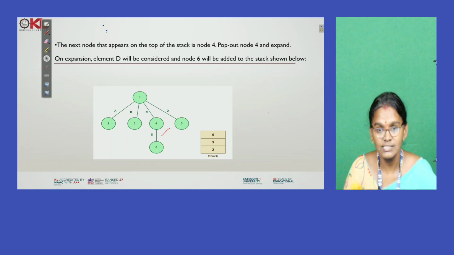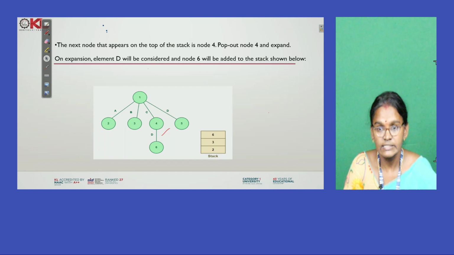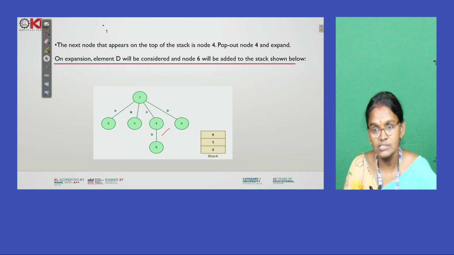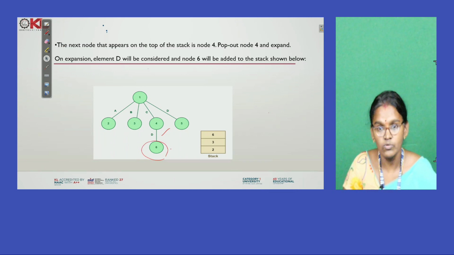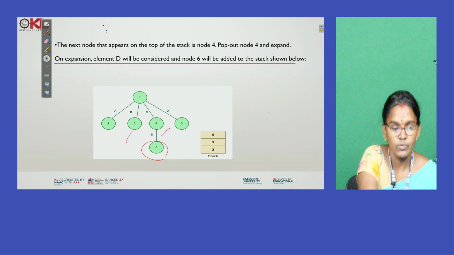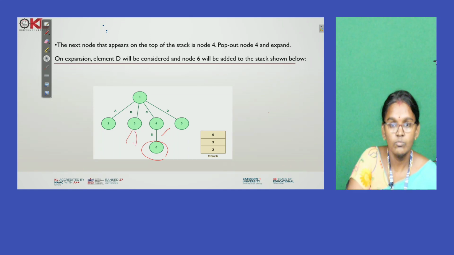Here the node number 6 is D. D is not possible for extension. That's why the top of the stack is 6, and first we remove it from the stack. After that we go to the implementation of B. B is possible for two more things.